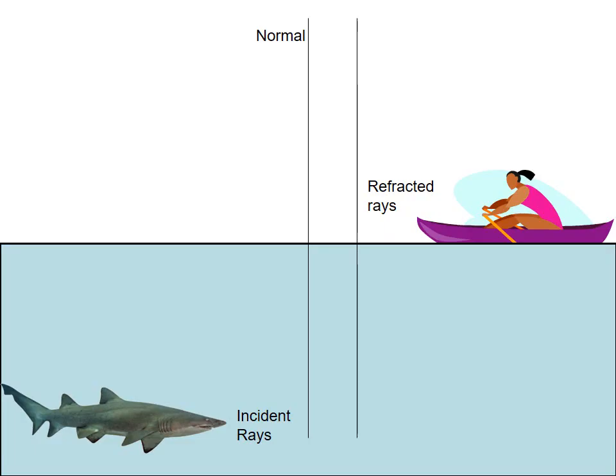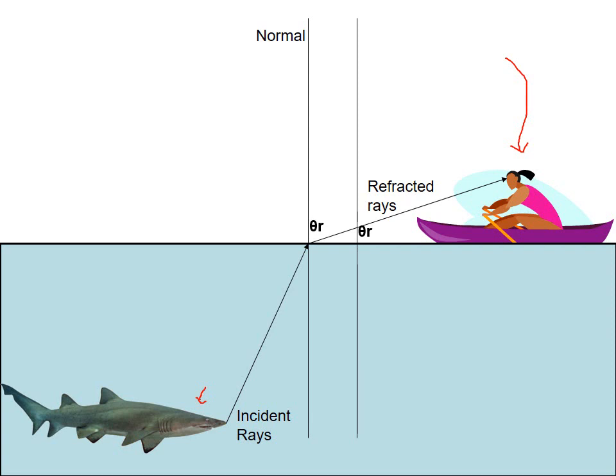So here's a little animation to explain that concept. We have someone in a boat. There's a shark below them. Incident rays from the shark will travel from the water to the air and into the person's eyes. As they travel from the water to the air,